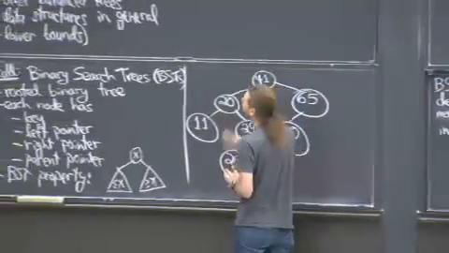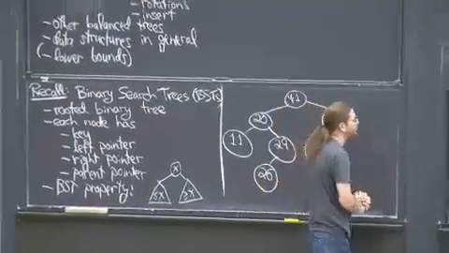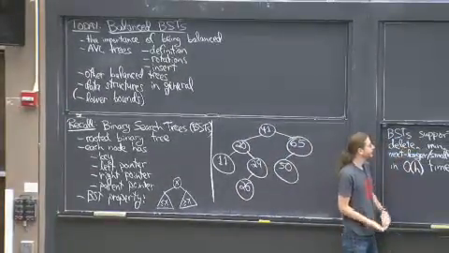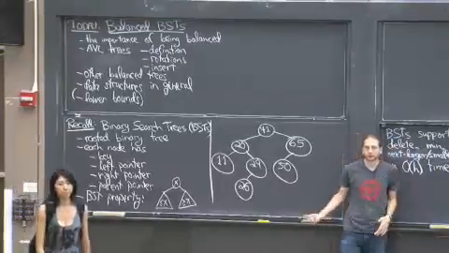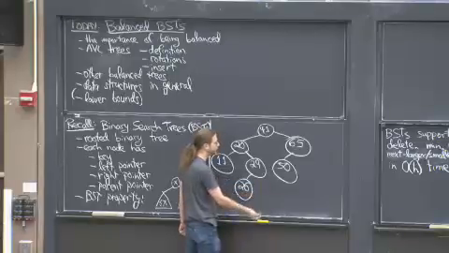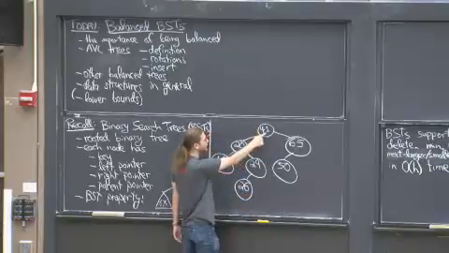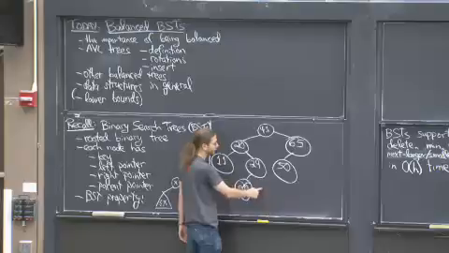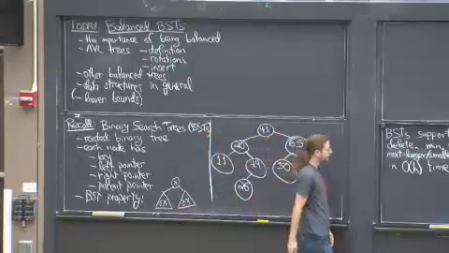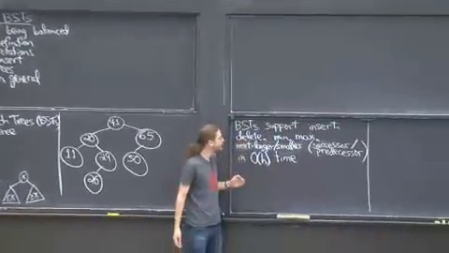All right, we'll get to the topic of today's lecture in a moment, which is balance. What we saw in last lecture and recitation is that these basic binary search trees, where when you insert a node, you just walk down the tree to find where that item fits. Like if you're trying to insert 30, you go left here, go right here, and say, oh, 30 fits here. Let's put 30 there.